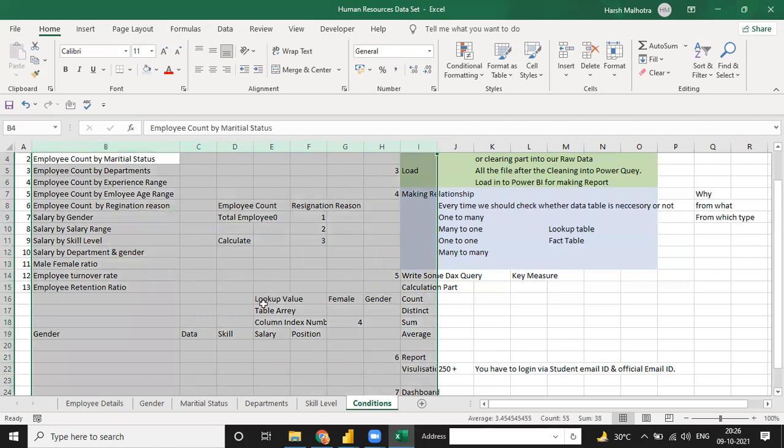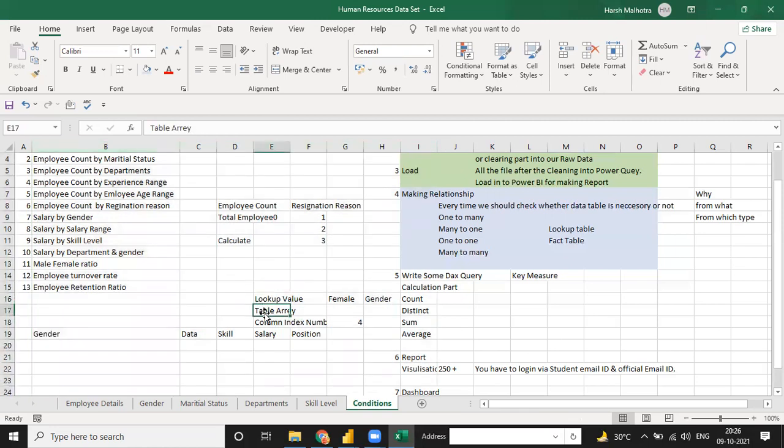And what is the column index, guys? In Excel you put the column index number, but in DAX you have to put the column name and write the sign equal to, with the value in double quotes. Like if you want the gender column as female, then you put it this way.